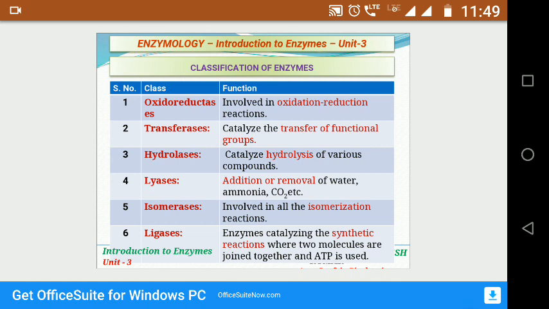And the sixth one is ligases. Ligases are those enzymes which are involved in ligating, that is, synthetic reactions. Okay,